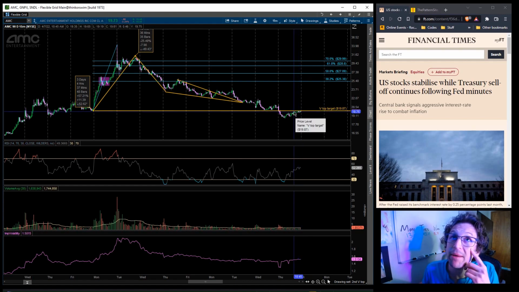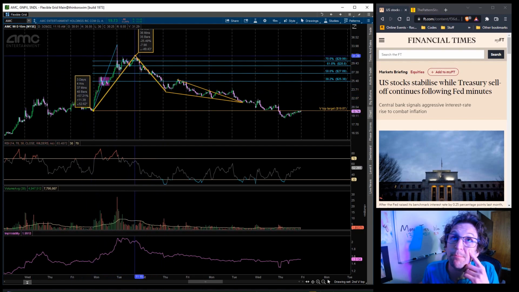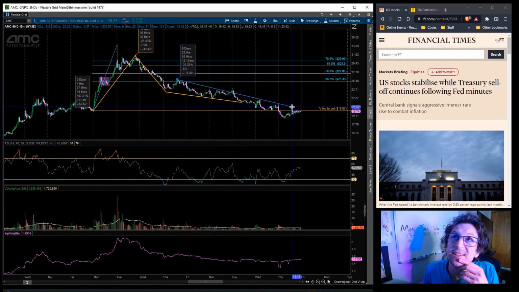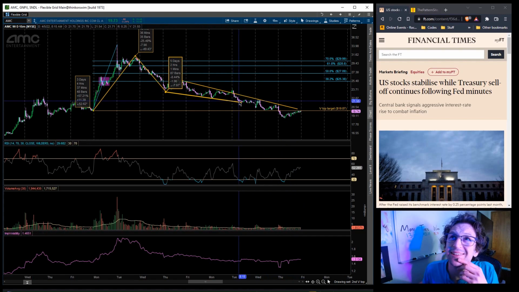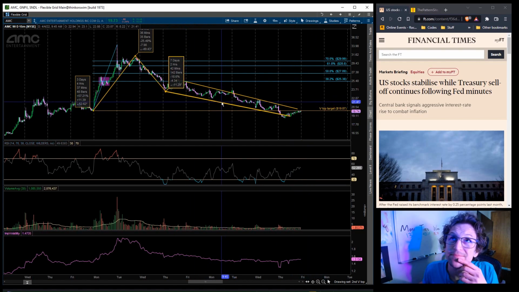Why I think we might bounce though is because the handle of the larger V-type top could begin at this point. You can see here we had the V, boom, big peak, came down. Well, I guess the peak's actually over here, but I illustrated it at this other high. And then we had this extended handle before the price moved down. And what's really interesting is that it's less of a handle and more of just a straight up channel, right? Look at that. That's a downward channel, isn't it?